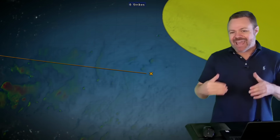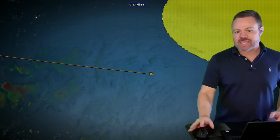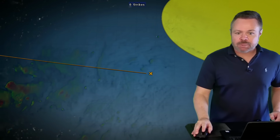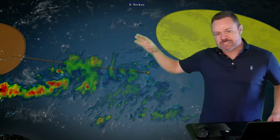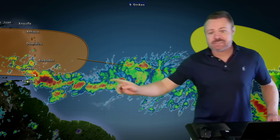The chance has not gotten better than 40%. Believe it or not, last night the Hurricane Center upped it to 50 and then dropped it back down to 40 for today. That's great news that this hasn't gotten a little bit better organized. And again, you can see on the enhanced visible combination here, it's still a very elongated area of showers and storms. Also note that the development region from the Hurricane Center isn't until much closer to